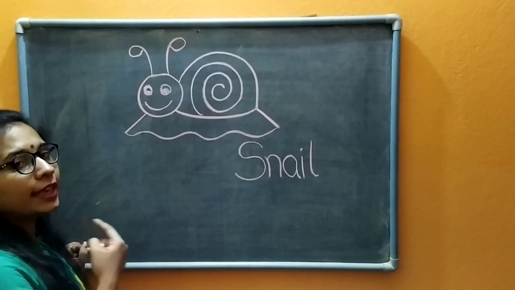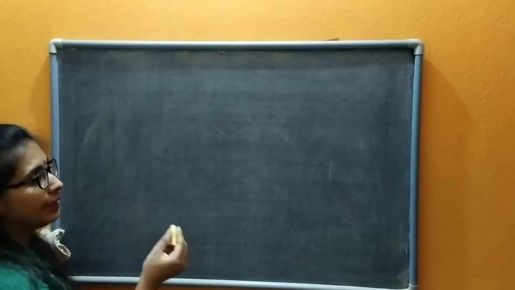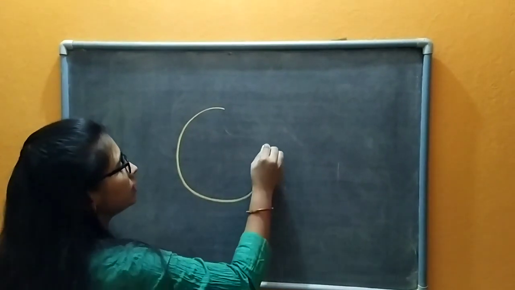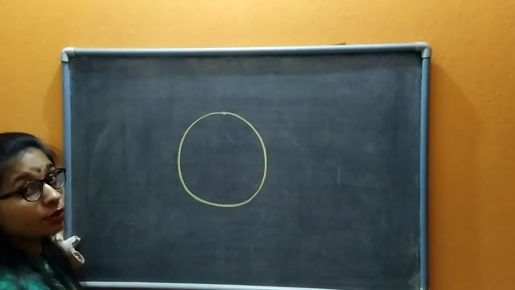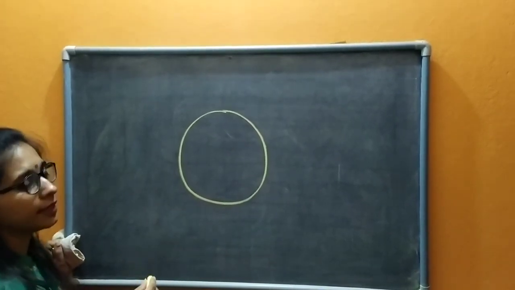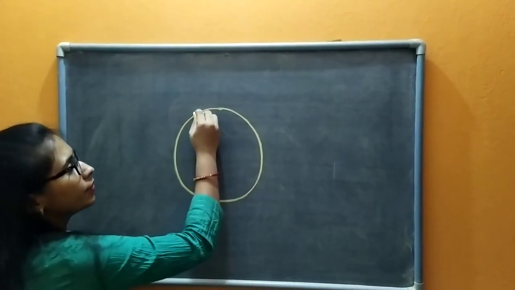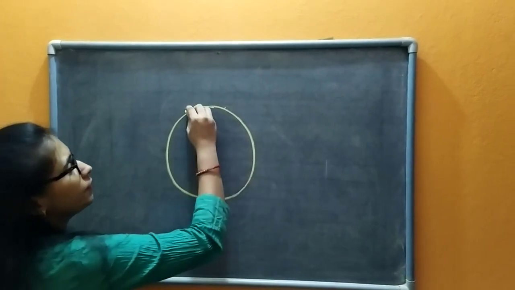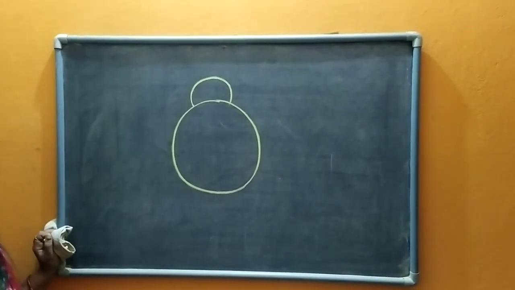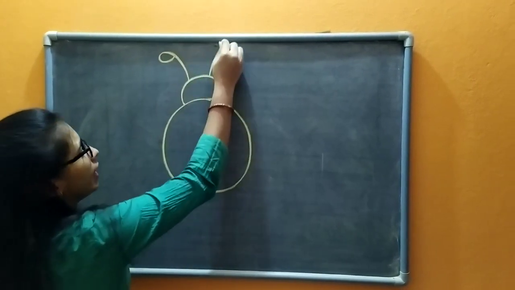Now let's move to the next. Our next picture is picture of a ladybug. For that, you have to draw a circle because today we are drawing with circle. Today we are learning to make many drawings from a circle, right? So first of all, you have to draw a circle. Then from here to here, we have to draw its head like this. Does it look like a bug? Yes. Now draw 2 tentacles like this.